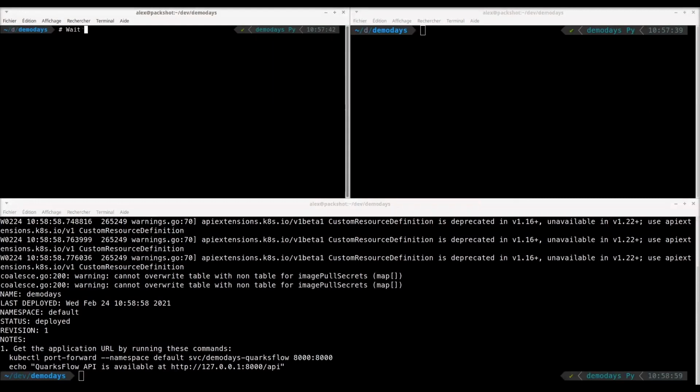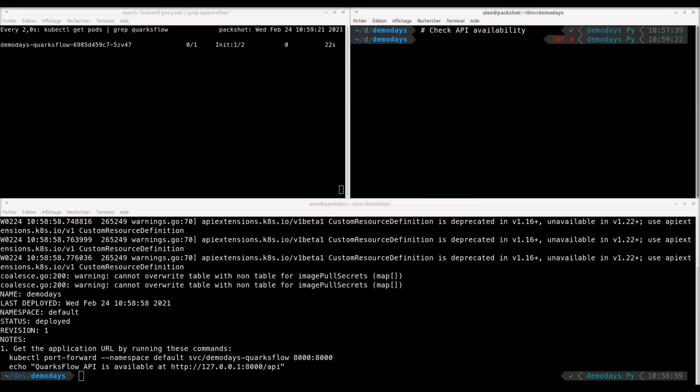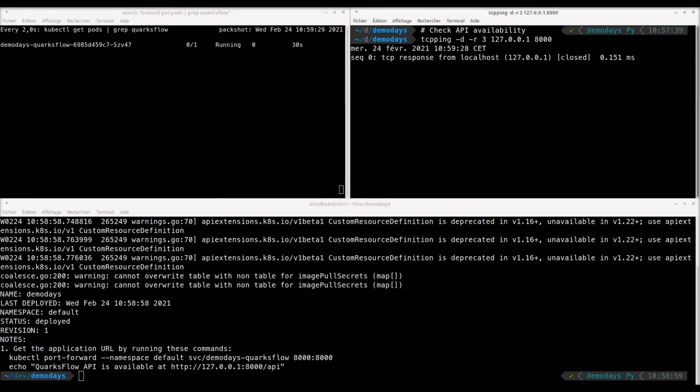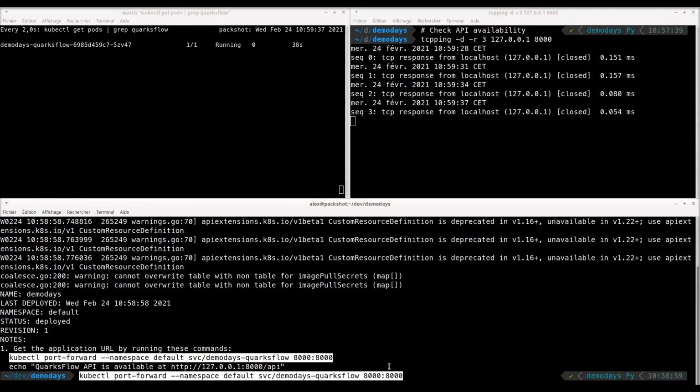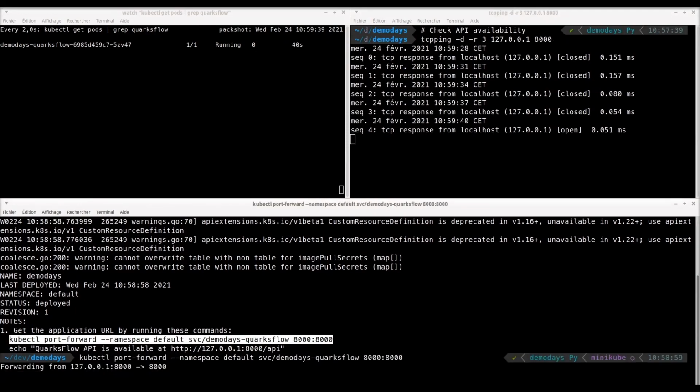After that, it takes some time to start the containers and wait for every container to be up and running. So on the top left terminal, I will watch for the containers to be ready to be used. And on the top right, I will check for the API availability. For this demo, I will connect directly to the API just to avoid adding complexity with the user management, but it could have been the same demonstration with the user management. So for the moment, the API is not answering.